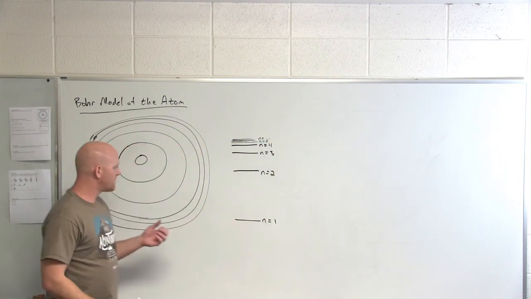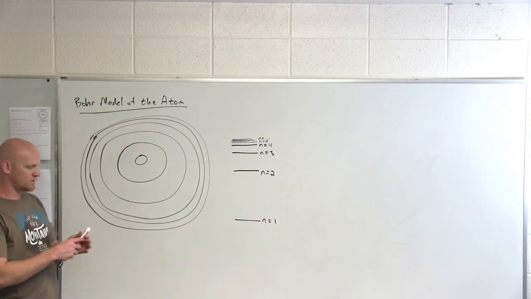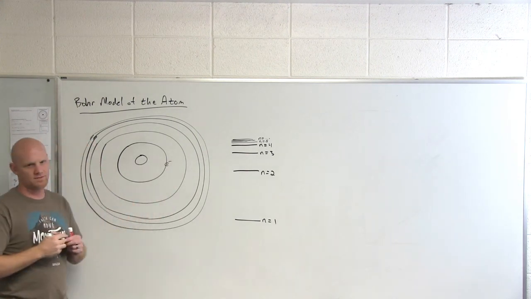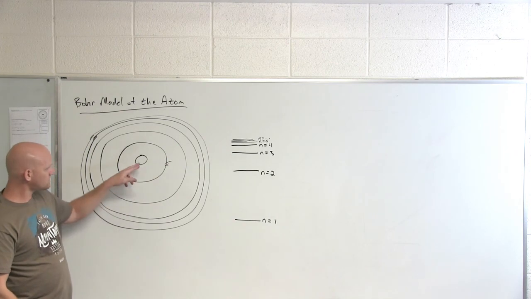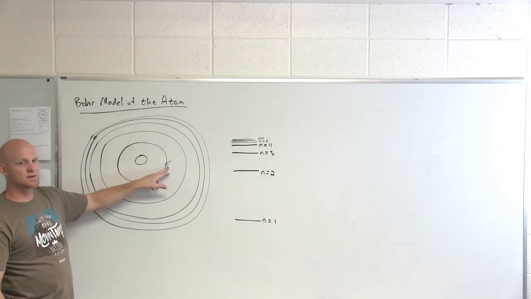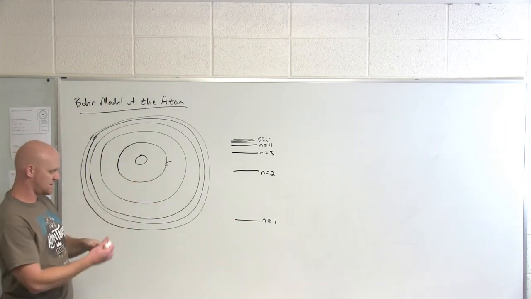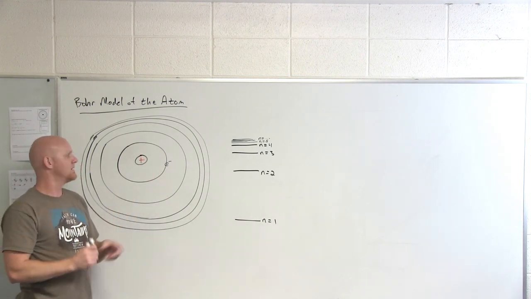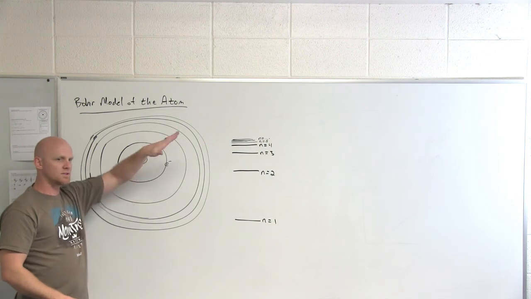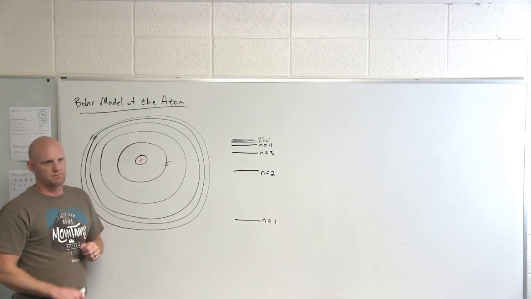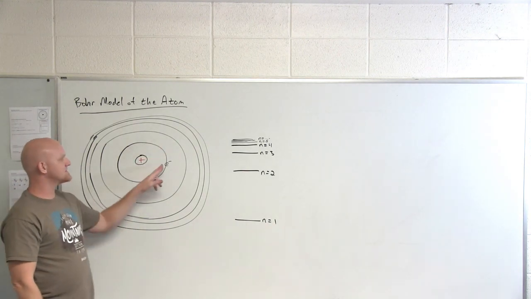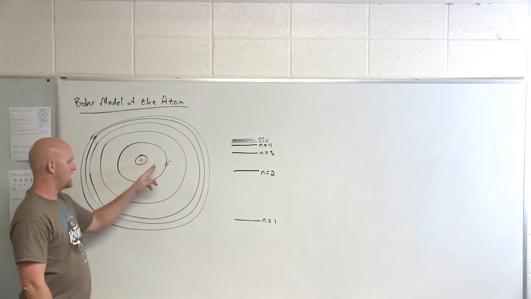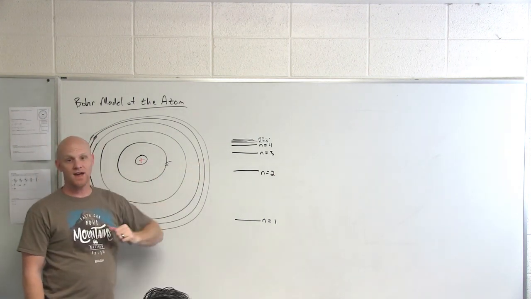And what Bohr predicted is that electrons would orbit around the hydrogen nucleus in circular orbits. And if you notice, an electron has potential energy associated with it. So the nucleus here has a big fat positive charge, right? Protons there. And the closer you are to that nucleus, the lower the potential energy. Well, what he predicted is that only certain orbits existed, and that way the electron can only have certain energies.